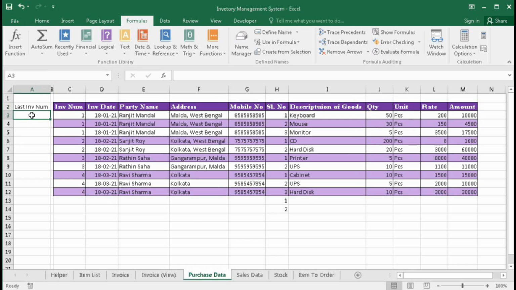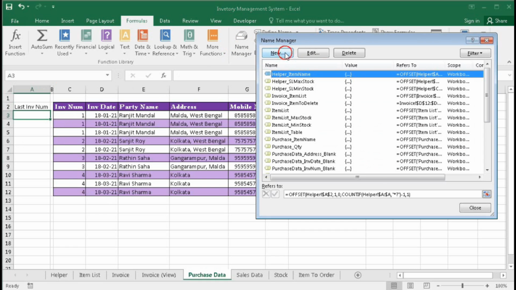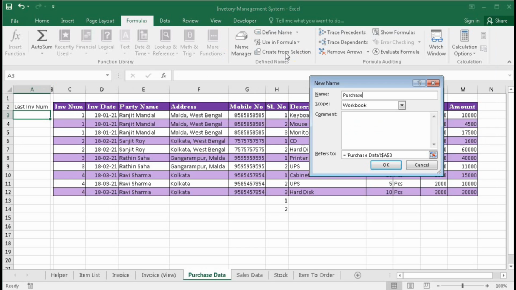Last invoice number will be equal to... sorry, here we have to create a range for the invoice num. So new purchase data underscore INV num, and here the formula will be equal to OFFSET( this cell, 0, 0, COUNTA( this column ) - 1, 1).